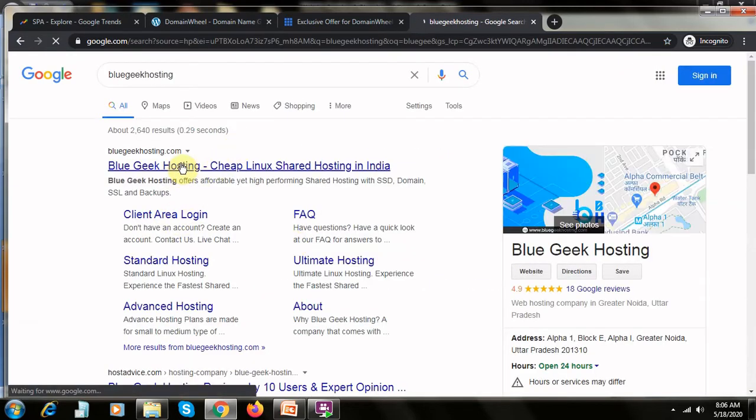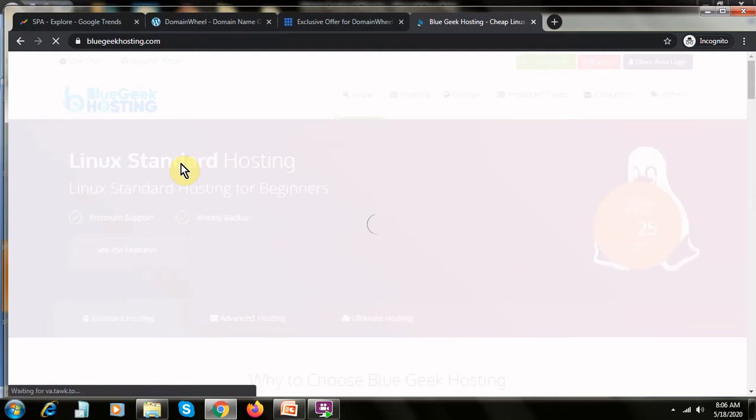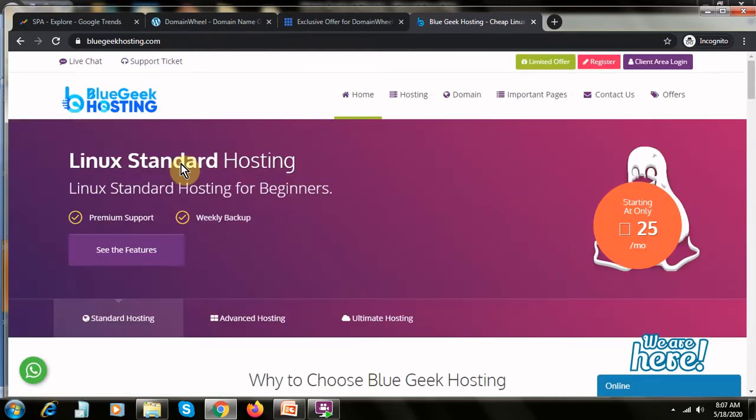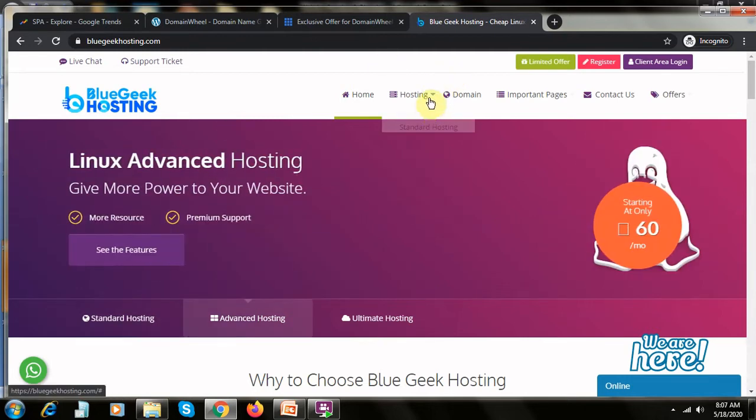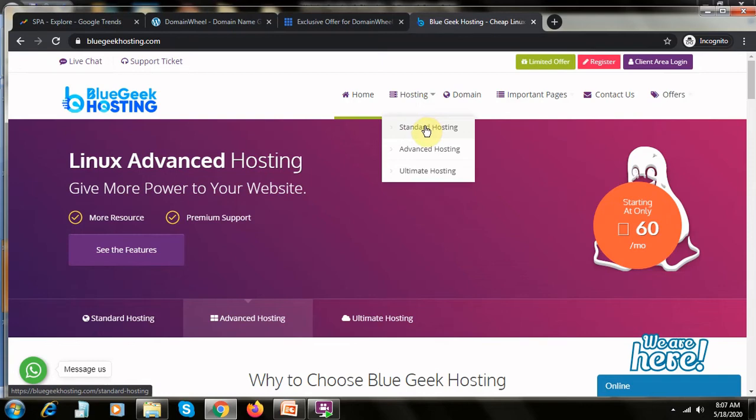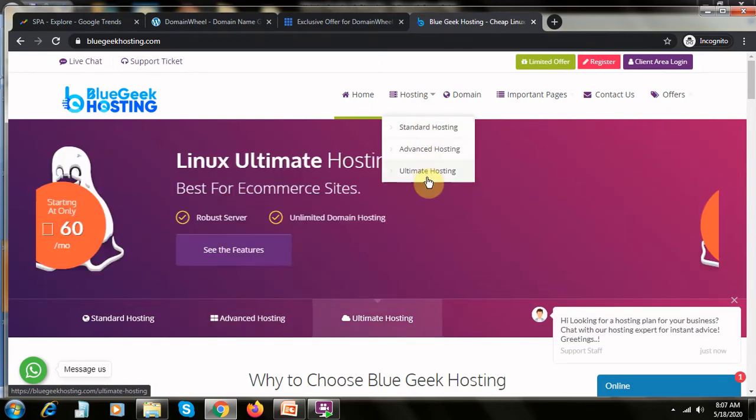So once you click on it, if you have already purchased a domain name, you can come to this site and you can host your site here. Once you host your site, the name servers will be given by bluejig.com on your email ID. So you have a difference here: standard, advanced and ultimate.